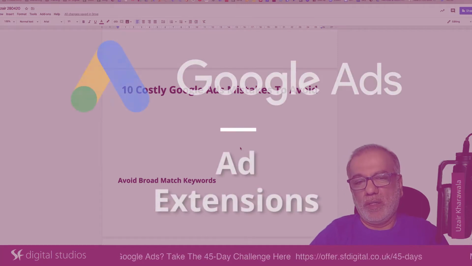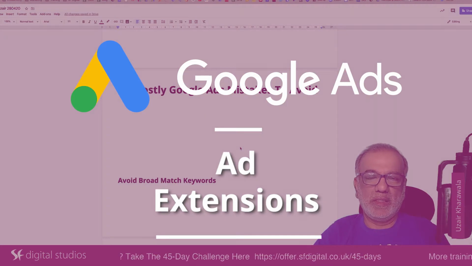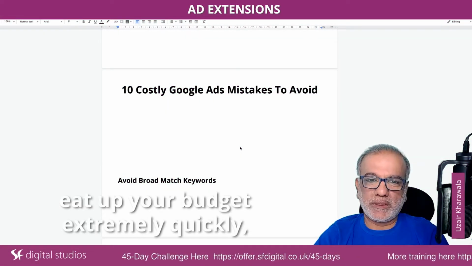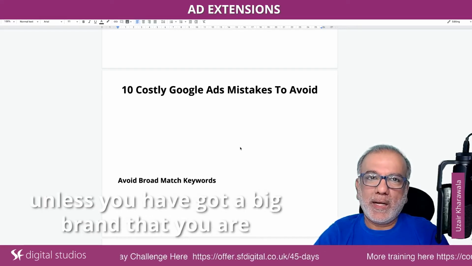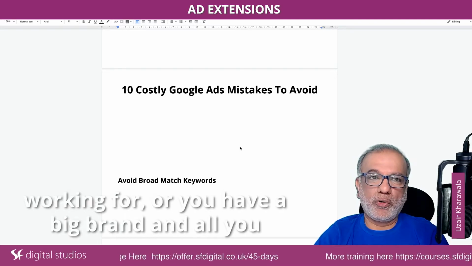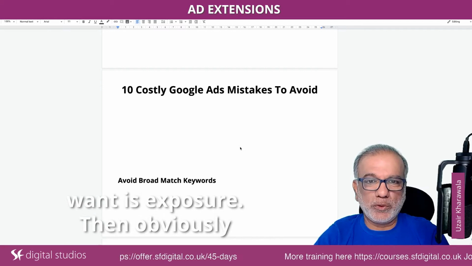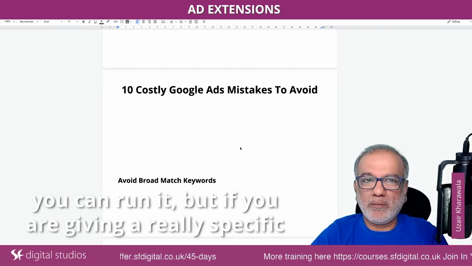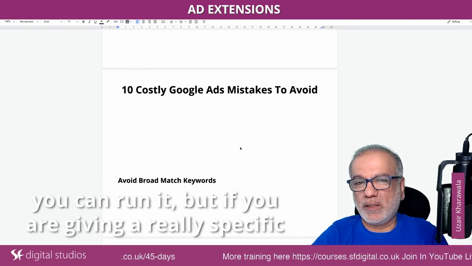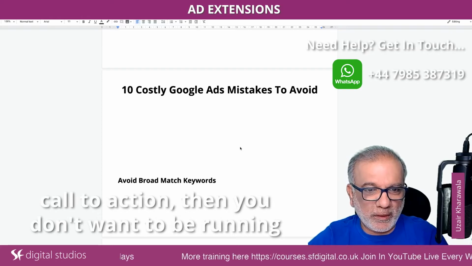Avoid broad match keywords. Never use them. It is pretty much going to eat up your budget extremely quickly, unless you have got a big brand you are working for, or you have a big brand and all you want is exposure. Then obviously you can run it. But if you are giving a very specific call to action, then you don't want to be running on the